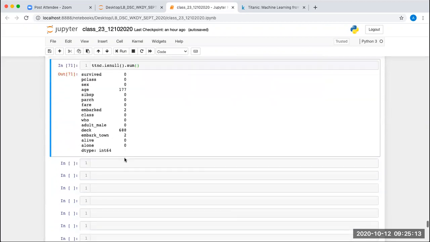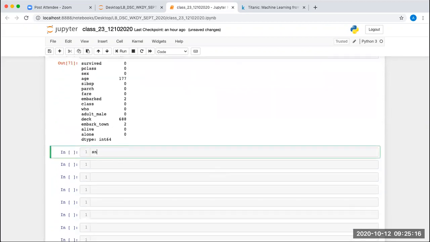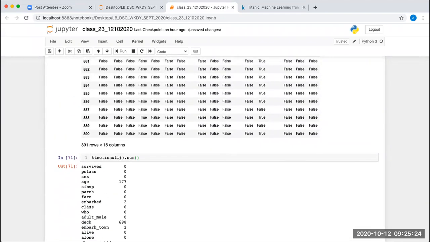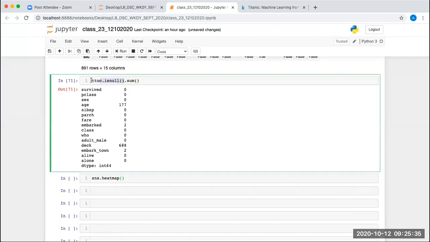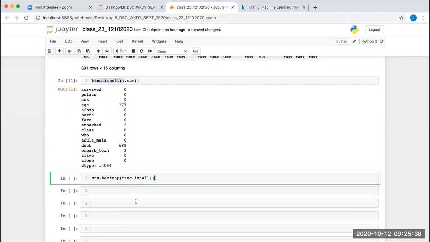For that we have sns.heatmap, and we are going to use the same titanic.isnull. And the color map we are going to use as red, so cmap is equal to Reds. And cbar I will keep as True.